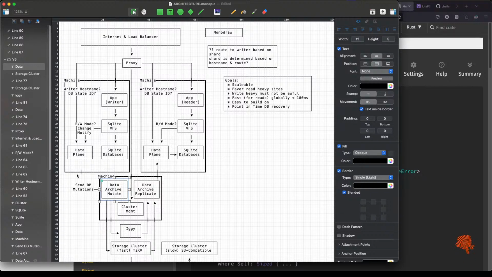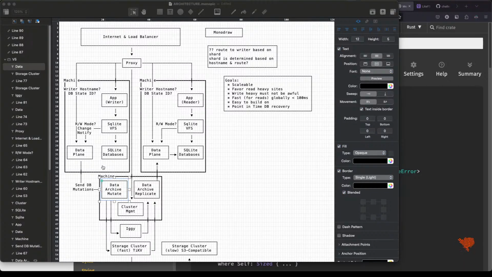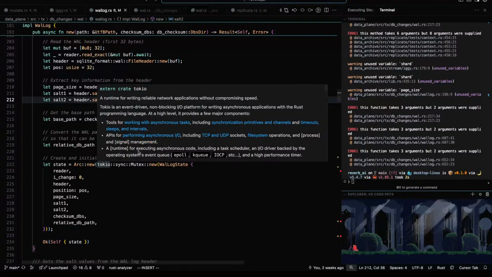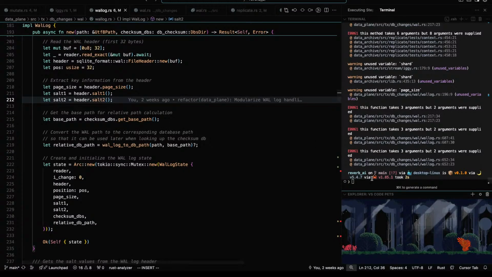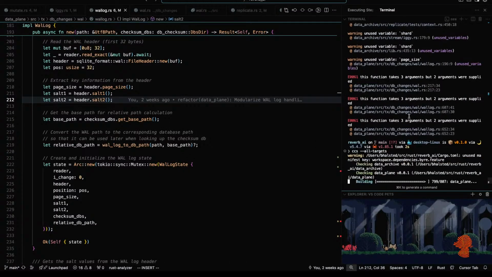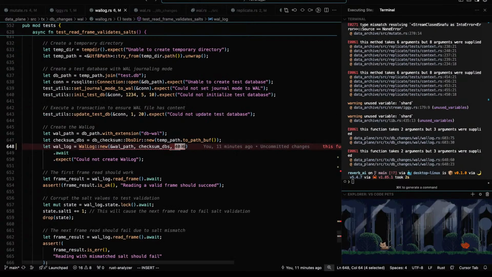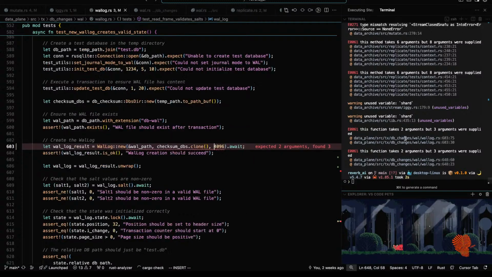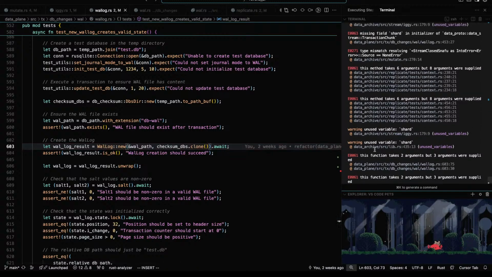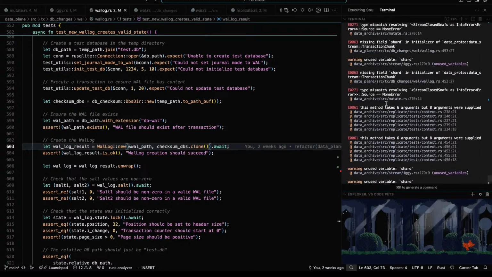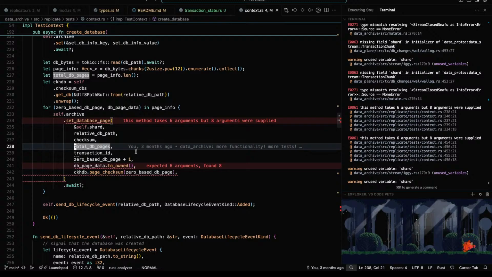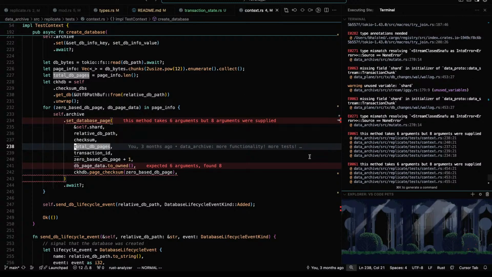Now, I did just make a couple of changes to a proto file, and those are being a little annoying because I have to go back and fix a number of issues. Okay, this no longer like that. WAL logs, need that. That's gone. Context, yes, some of the tests broke. It is my fault. We'll come back to the tests.